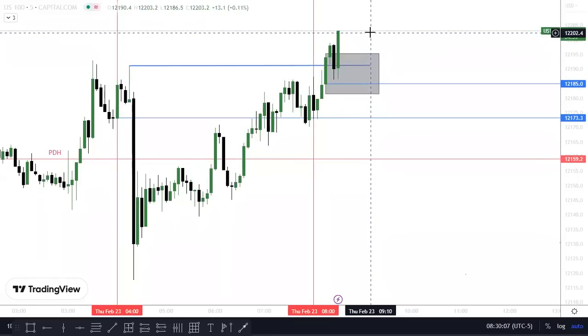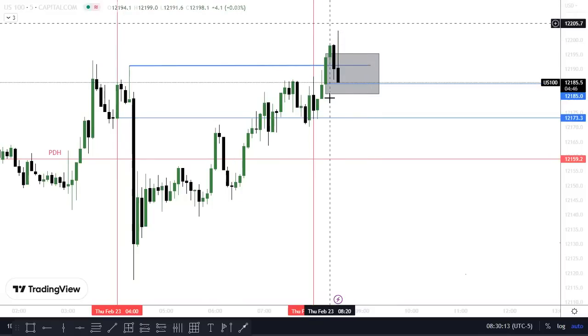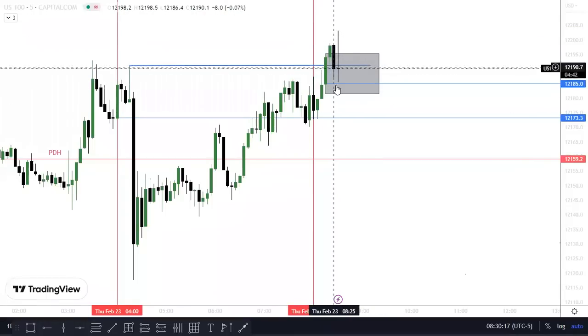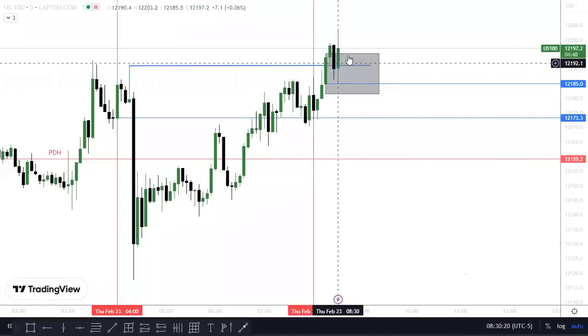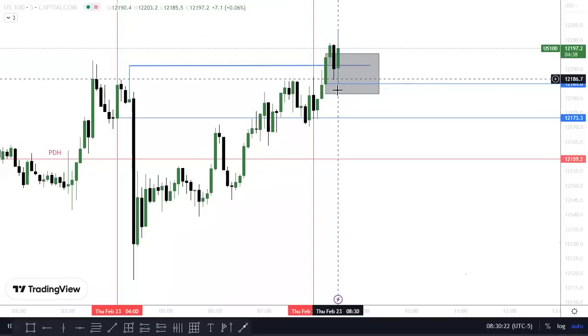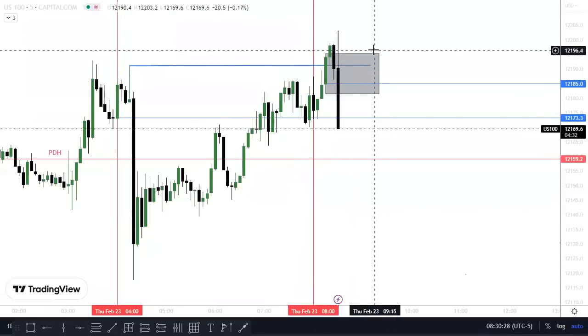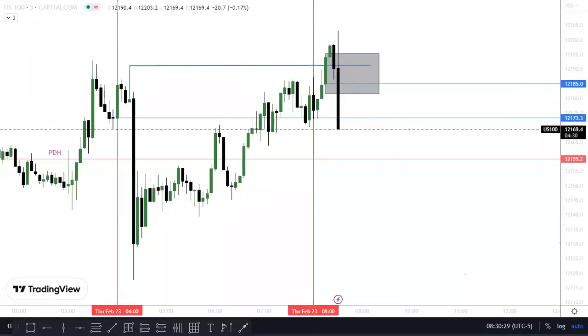How uneventful. So first 5 minutes of the news, allow them to whipsaw. 9:30 open, allow for the first 5 minutes to whipsaw. Any news event, just allow for the first 5 minutes to whipsaw. So this is not telling you that it's bullish. It's not telling you it's bearish. That's just the whipsaw from the first 5 minutes. So allow it to play out.